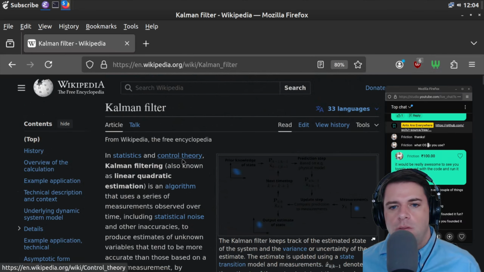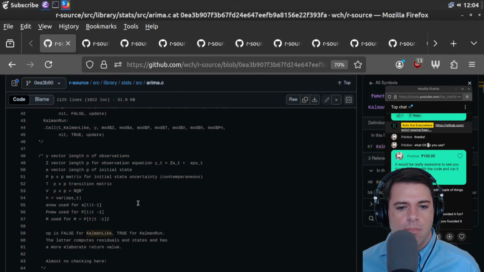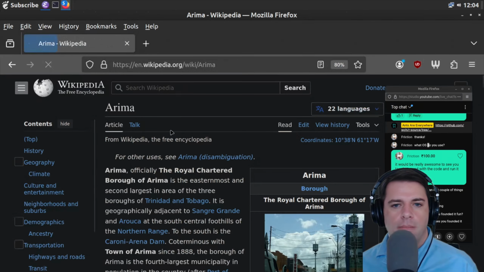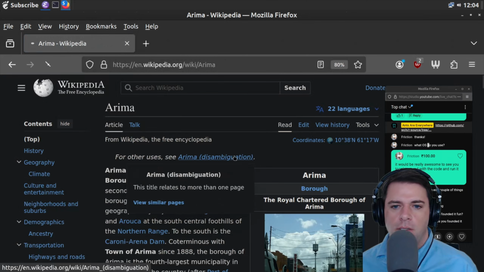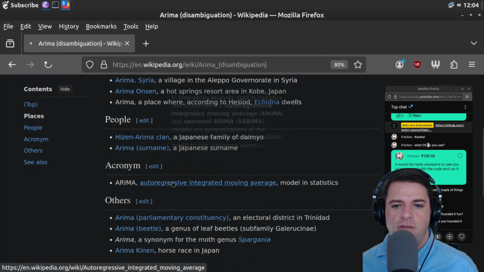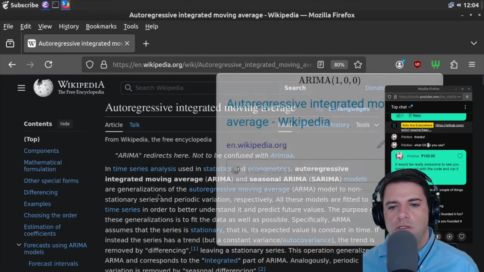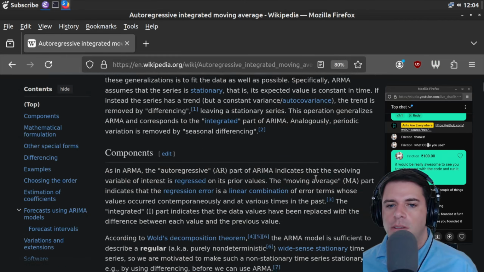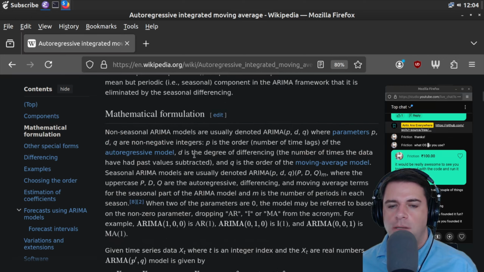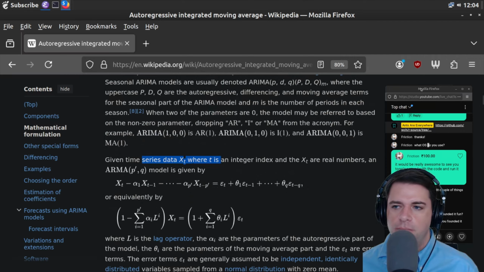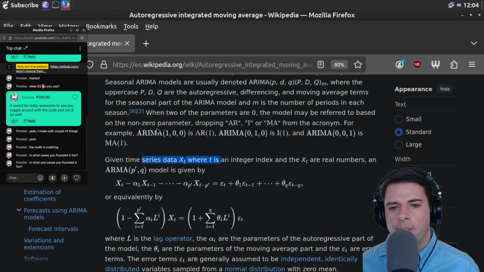And what was the other thing we were going to look up? Oh, I wanted to verify what's going on with ARIMA. ARIMA. Autoregressive integrated moving average. Okay, so it's a moving average, it's integrated somehow, and it's autoregressive. Let's see. Here's the mathematical formulation. Given time series data x_t, where t is an integer index,